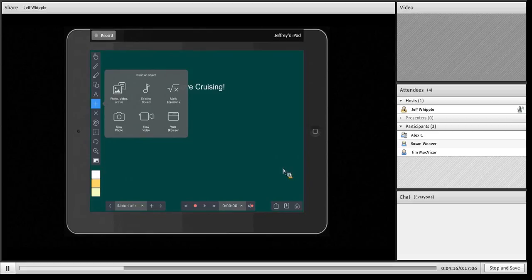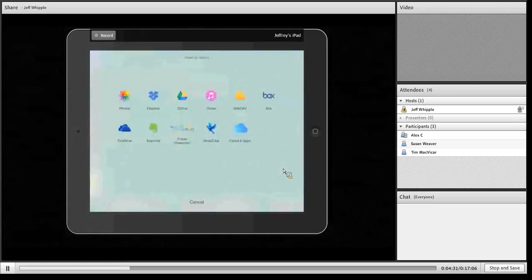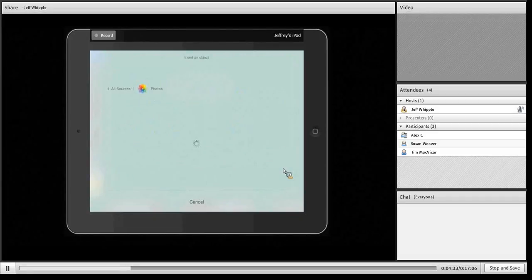So I can open up existing video files or photo files that are on my iPad. I can open up existing sounds. I can create new videos and new photos, or I can open a web browser. So I'm going to choose the photo one, and you notice now it gives me some different choices. And I'm going to open it into my photo stream. So I'm going to click on photo stream,